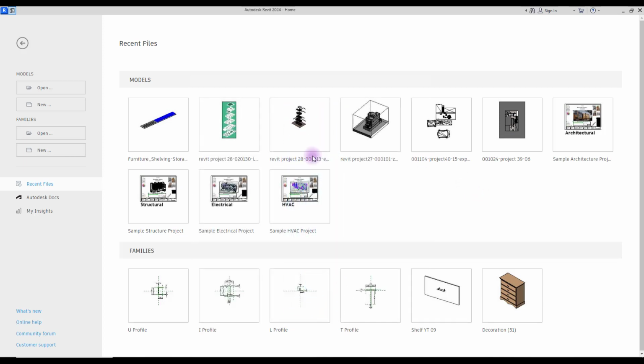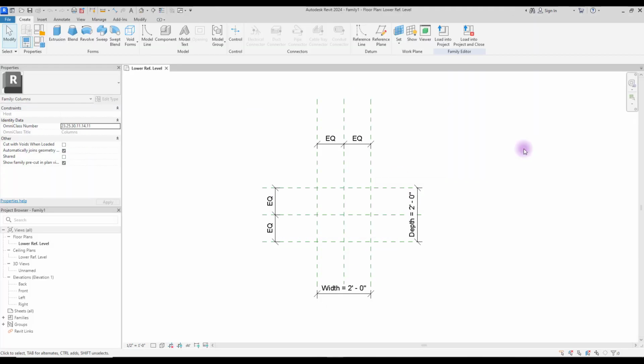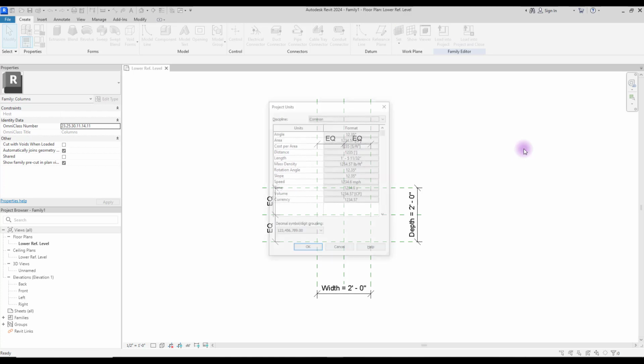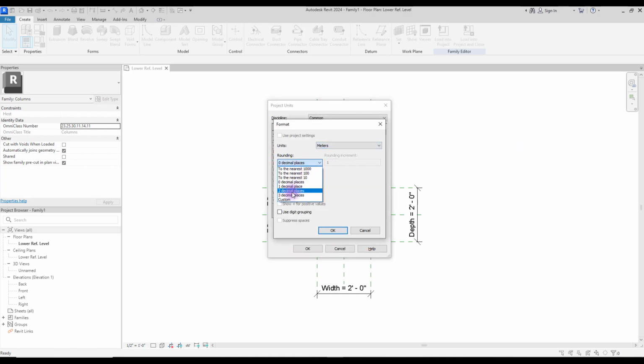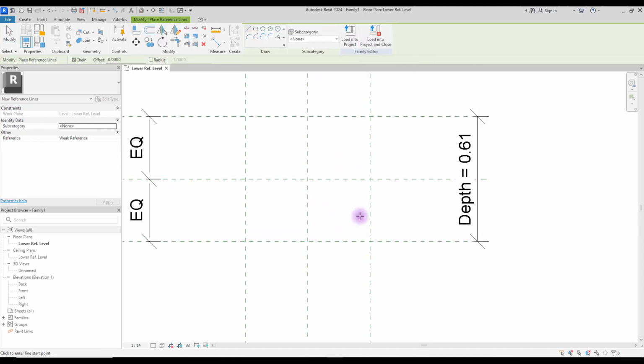Let's get started. Go to families, create new family and select this column family here. First of all, we need to set our unit. Its shortcut is UN. We are going to create our column in this area, but we need other reference lines to control our section. Click on reference line and create one here,